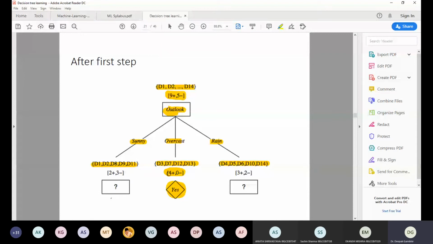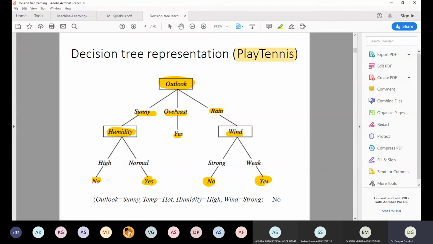If there is no negative case, it means this is going to be a leaf node of this tree, because no further division is possible. If there are 4 positive cases and no negative case, then you cannot divide further into positive and negative. So in that case, your entropy is going to be 0. There is no information loss, so no information gain either. So we are not going to consider that case. This will become a leaf node. The same we have already read in our tree here. You can see with the overcast it is yes.